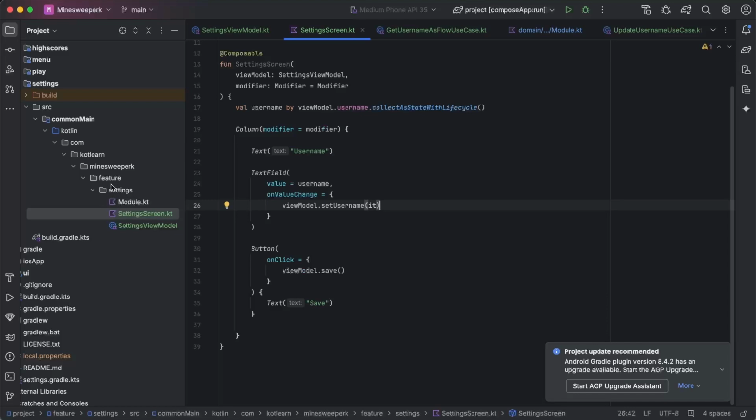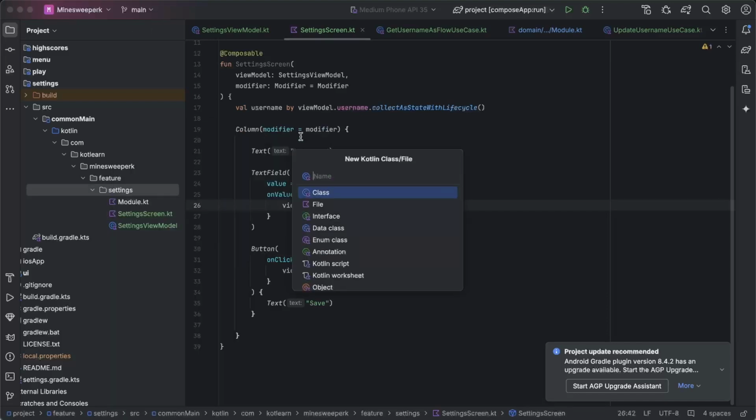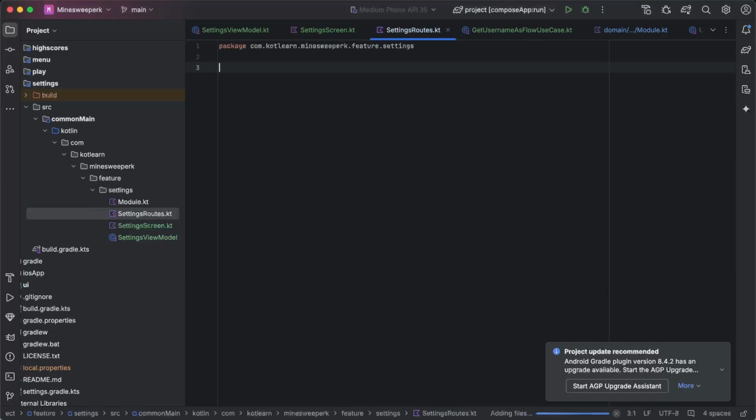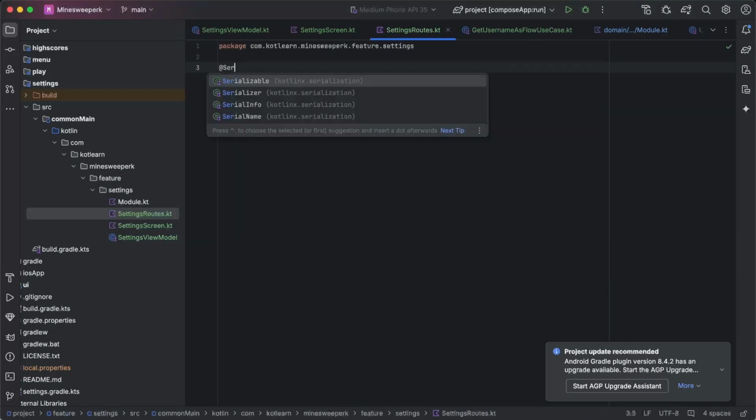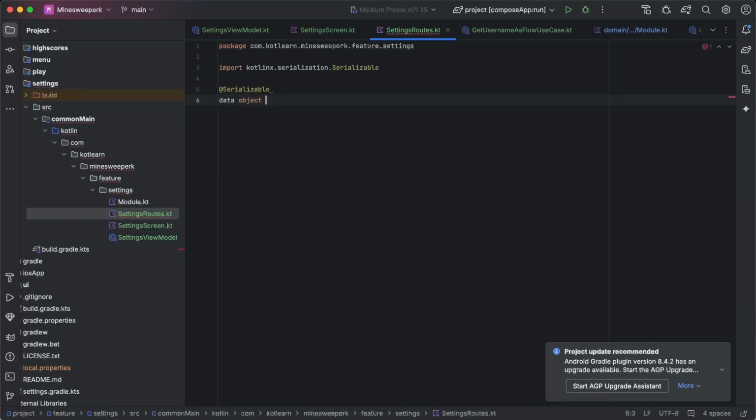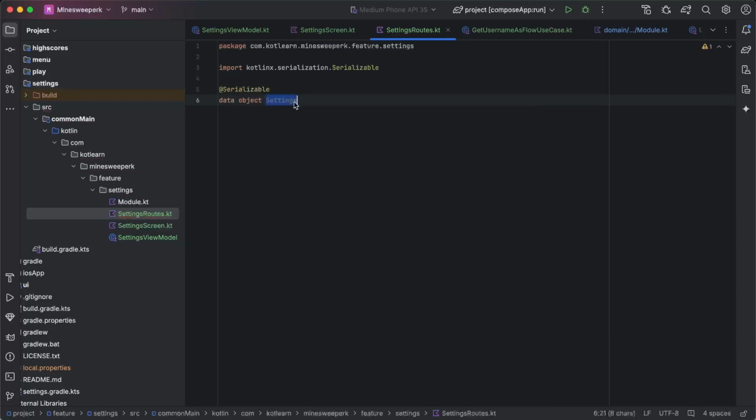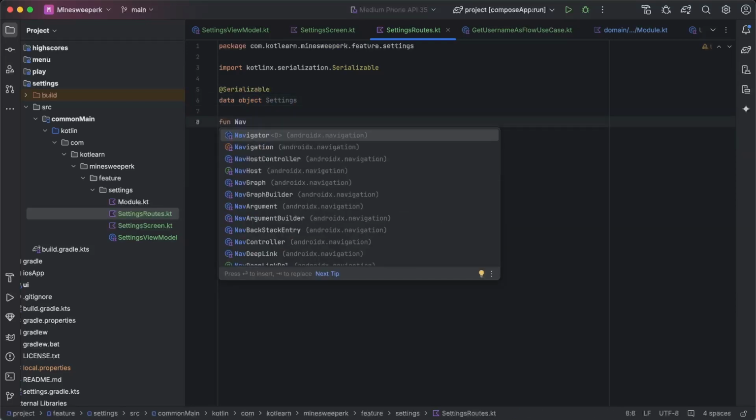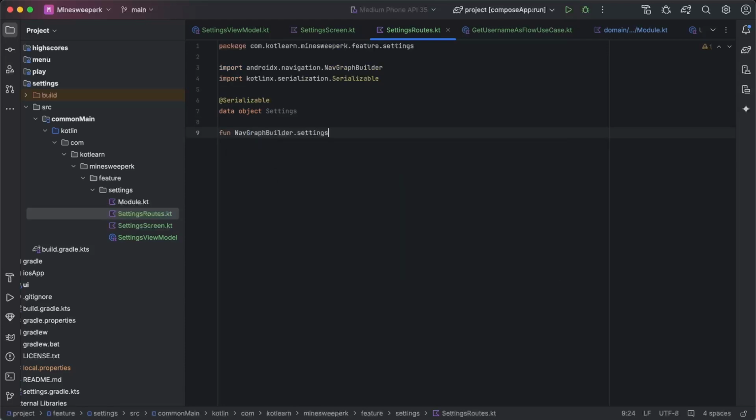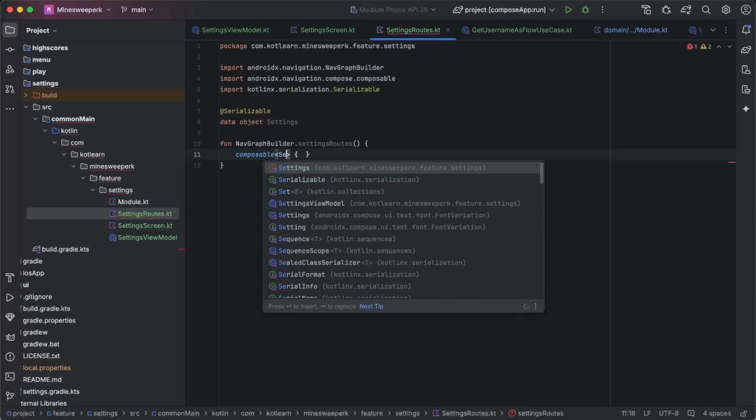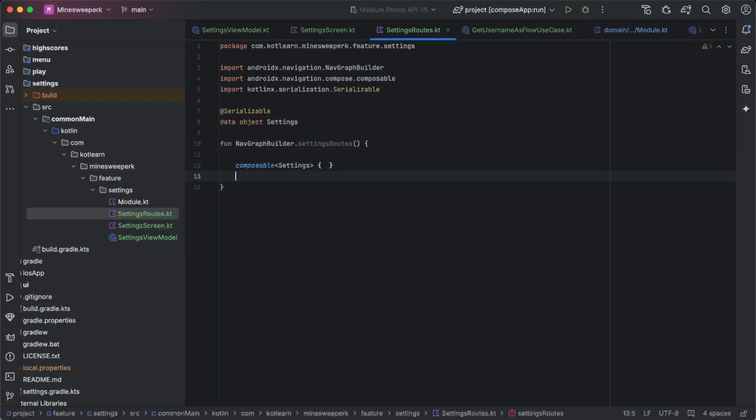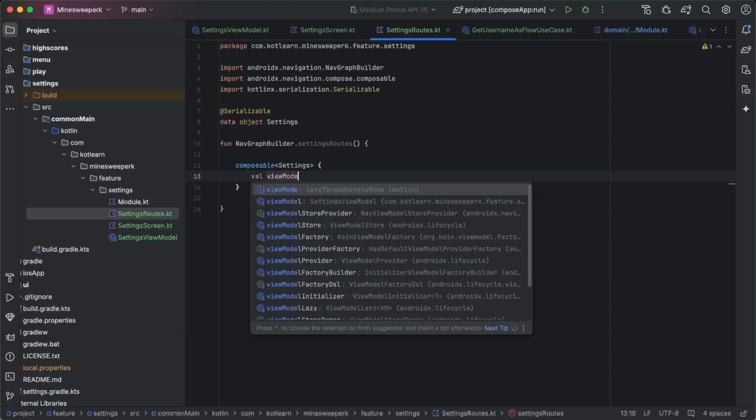So now we need to go back to the feature module, and we'll actually need to create the routes so that we can access this from the other modules. So first we'll call this SettingsRoutes. Within here we need a serializable data object. So this is what we'll use to actually navigate to the settings screen. We'll create an extension function on NavGraphBuilder just called settingsRoutes. Within here we can create the composable with our Settings type. We'll get the view model,